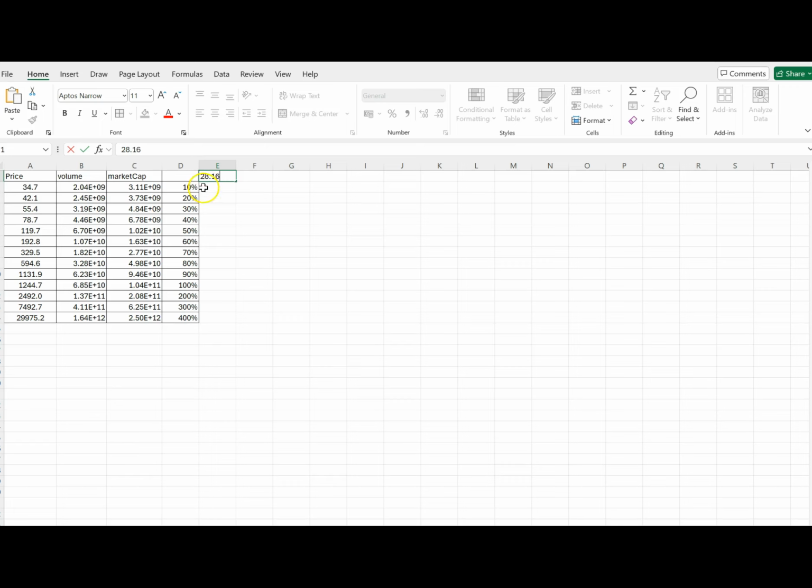28.16. Okay, now I can divide this value by 28.16. Then I have the idea precisely how much X I have. So